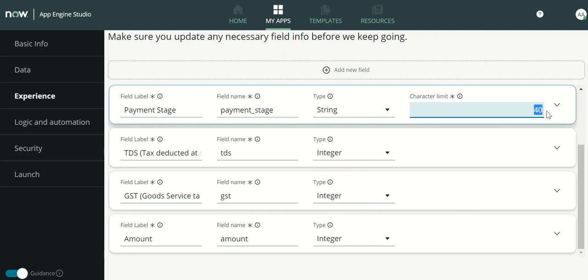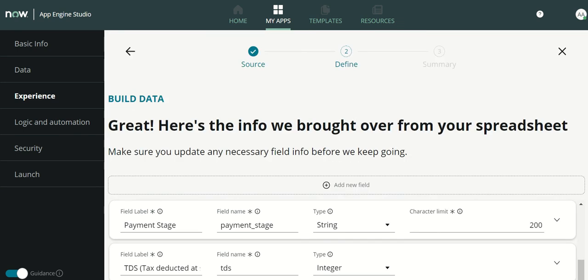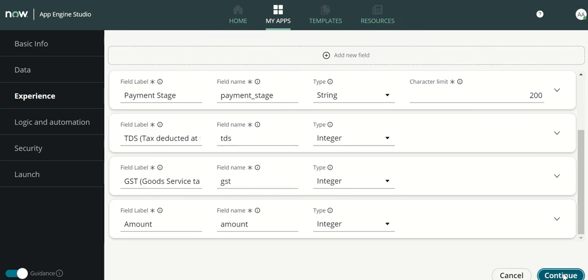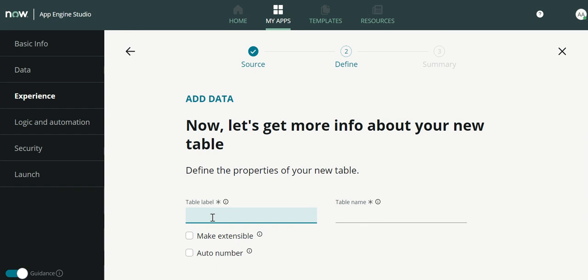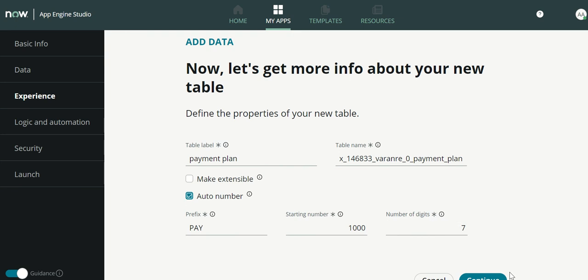Payment stage, we'll increase it a little bit more, make it as like 200. Yeah, I think we should be good. So we are good to convert this into a table. Click on continue. I'll call it as payment plan. We don't want to extend it for now, so just, yeah,